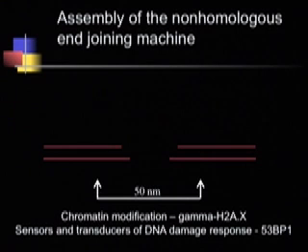And there are two pathways for repairing them, and I'm going to talk first about the simpler of these two pathways, which is something called non-homologous end joining. This is a machine that only has 6 components, and if you imagine a strand of DNA that has just encountered a break, it undergoes chromatin modification. There's a modified histone called gamma H2AX, and there's deposition of sensors and transducer proteins, of which a protein called